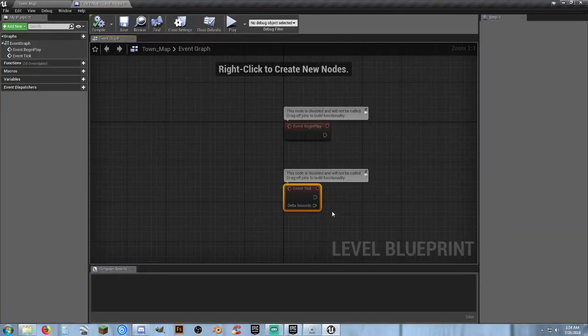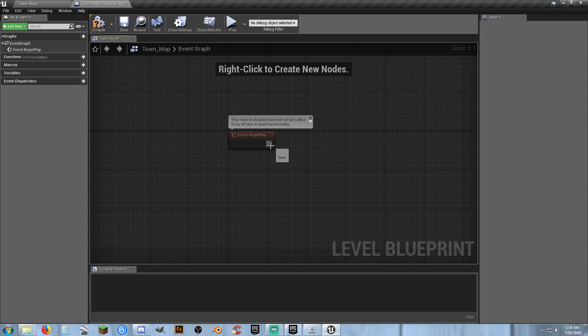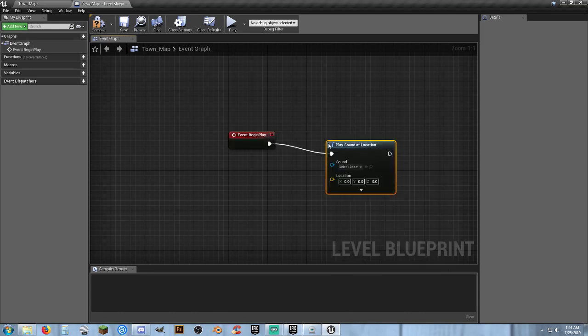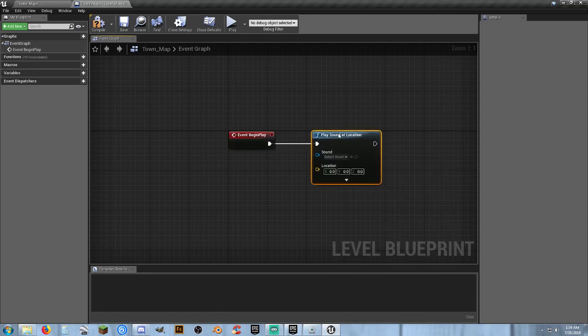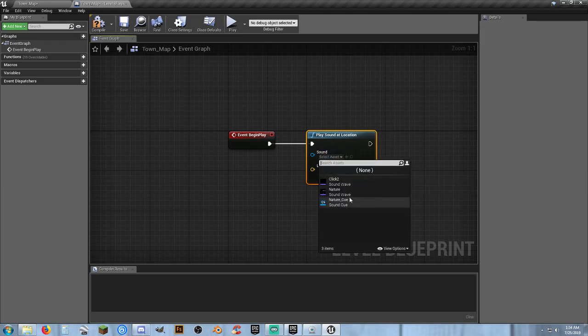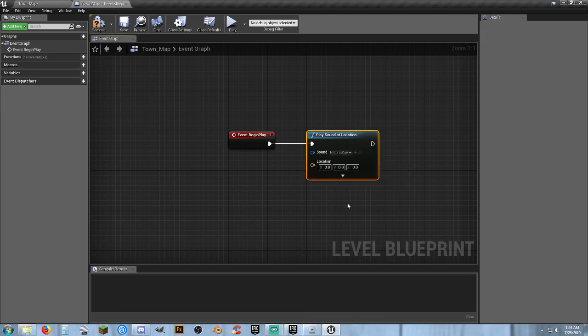And we're going to get rid of event tick. We don't need it. Then from event begin play, we are going to play sound at location. We're not going to select the location. It's going to default to 0, 0, 0. We're going to select our nature cue. Then I'm going to come down here and